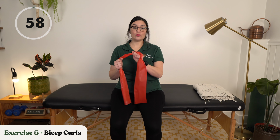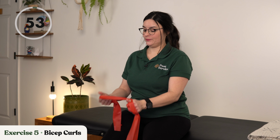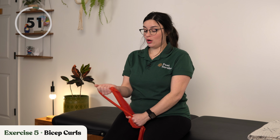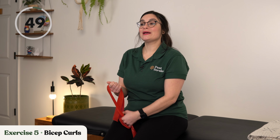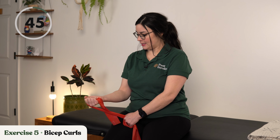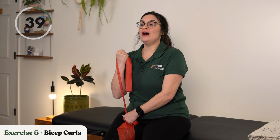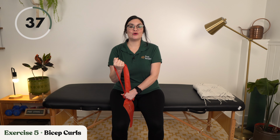So we're bringing our unaffected hand down, our stabilizing hand down. You're gonna turn your palm up. You've probably done a bicep curl at some point in your life, and you're going to keep your elbow in at your side, pull up, contracting that bicep as you pull up, and then as you slowly lower, nice and controlled. Pull up,